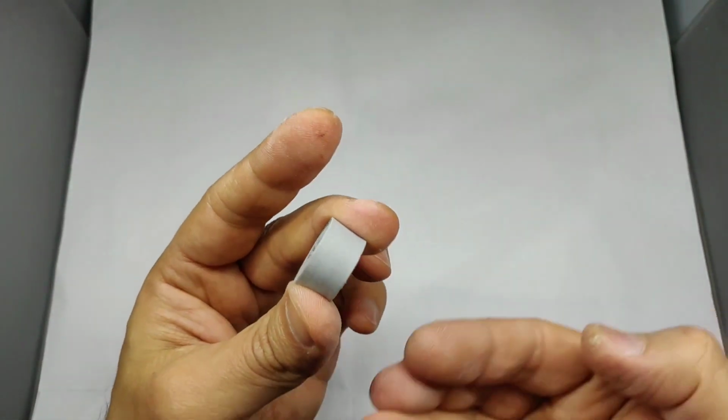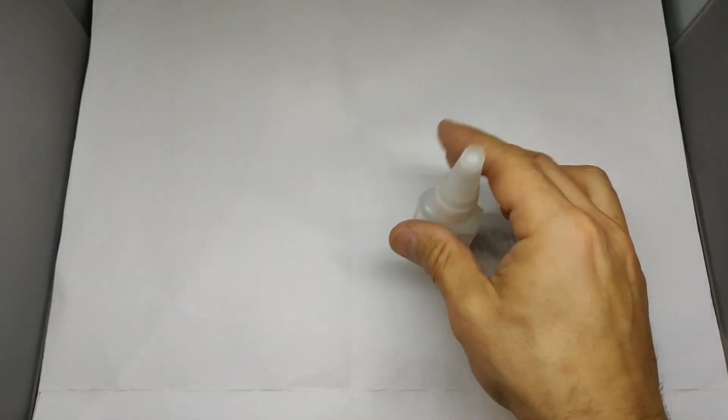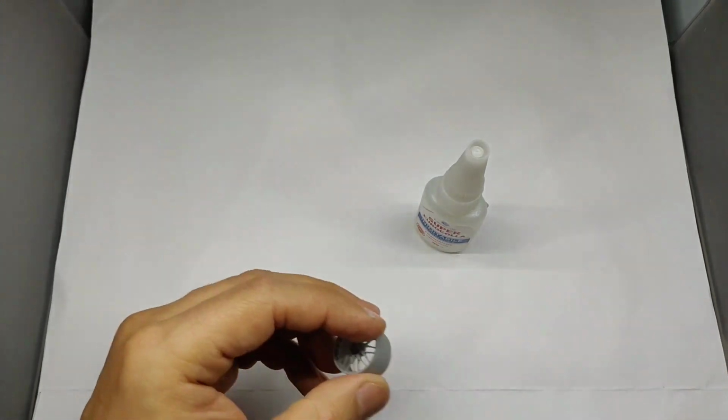So the surface is now smooth, and then we can begin attaching the styrene. Now the glue I use is this one, and this dries very quickly, so I don't have any problems with it not drying quickly enough. However, if your glue takes some time to dry,